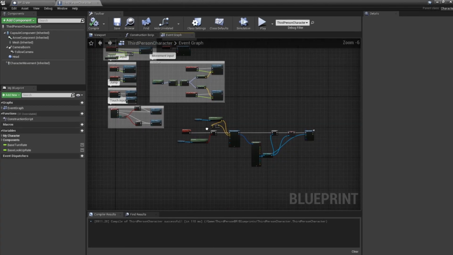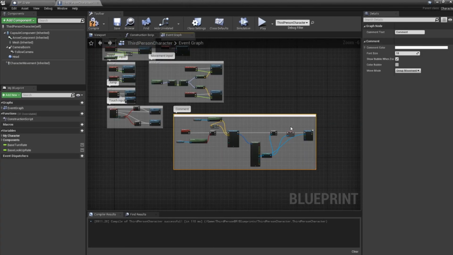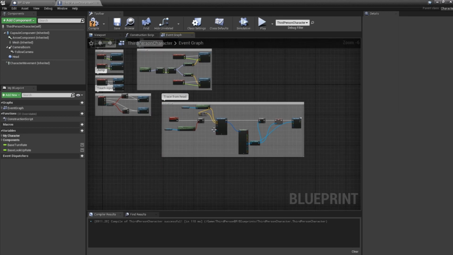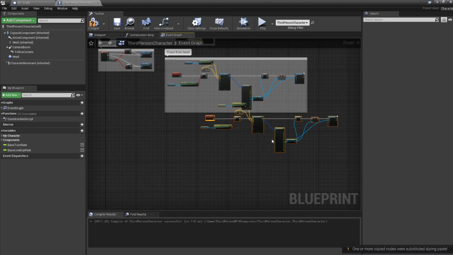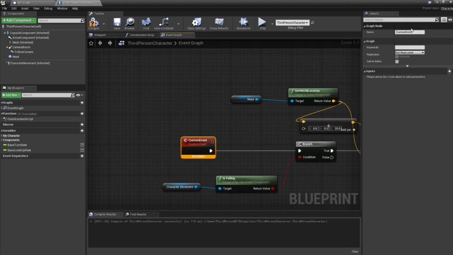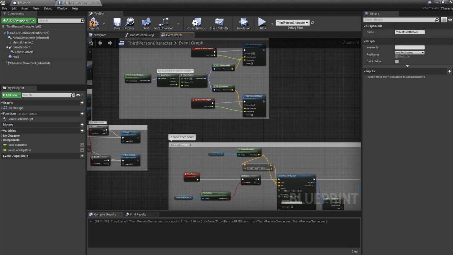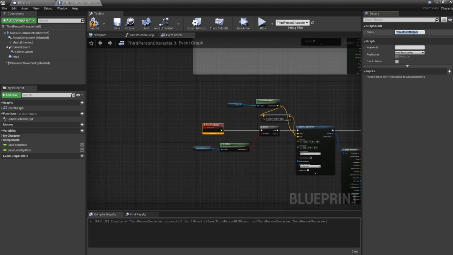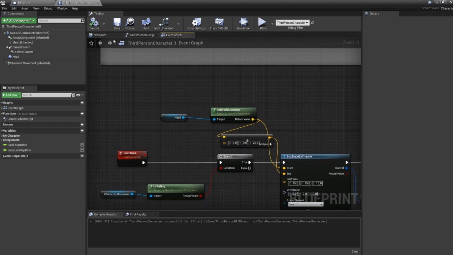Now, this we can comment. If you don't know the shortcut for commenting, it's just hovering over all that and pressing C. This would be trace from head, and we're practically going to want to do the entire same of this. We'll just call this trace from bottom. So this one, wait, foot trace. That's foot trace. Make it fit with the other one. Okay, instead of from the head,